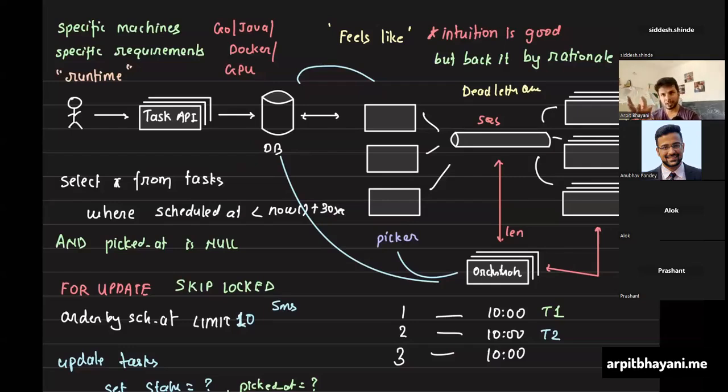The architecture you're describing is typically what Celery does, the Python Celery framework. It accepts the message and just delegates it to the worker that needs to be immediately executed. So long as you are not worrying about scheduling that exactly at this time, I don't see a need. You can just directly push it to SQS and start executing it.